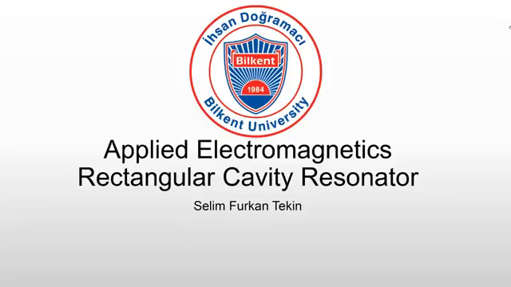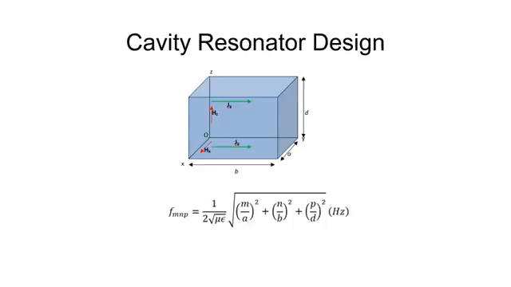I will present to you my applied electromagnetics project, which is the examination of a rectangular cavity resonator. The design will be based upon my selection of cutoff frequency. My selection of cutoff frequency is 1 gigahertz. At that frequency, I will try to propagate the TE101 mode, and by using this formula I can find